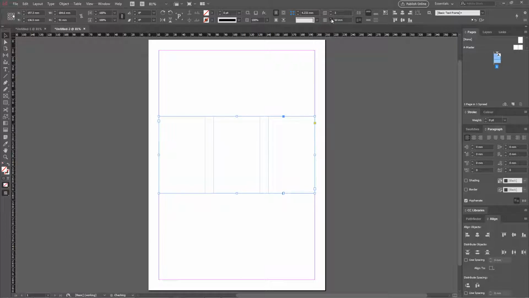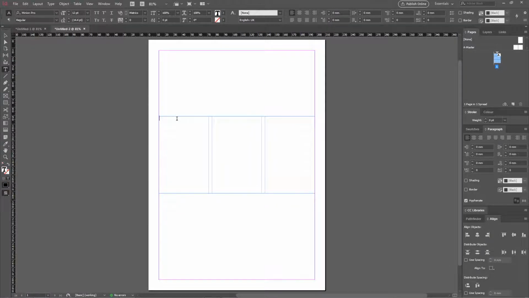So you can either have quite a large space if you want a bit of clearance between the columns, or you can have it as quite a narrow gap as well. That doesn't matter in terms of the content. All you have to do then is add some text to show, basically, or add some copy into it. So I'm just going to add some random text.